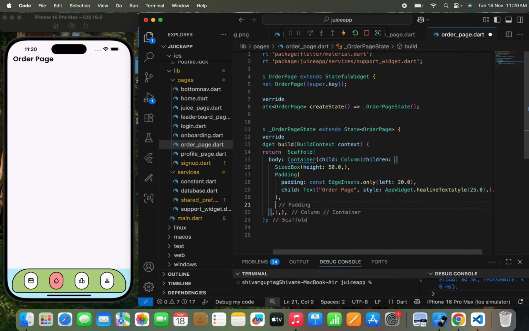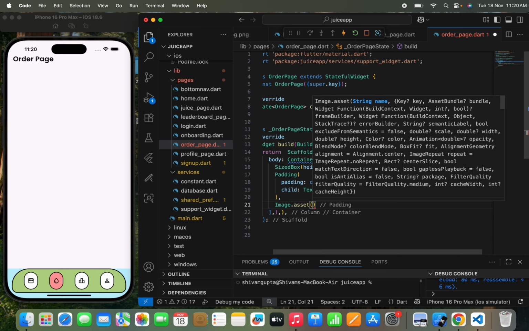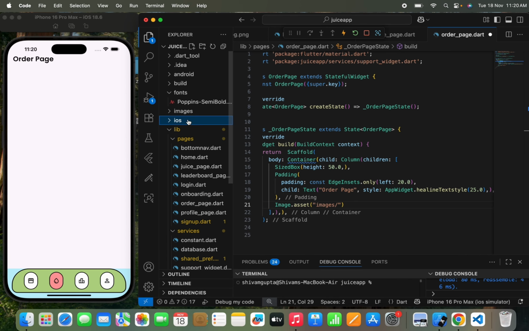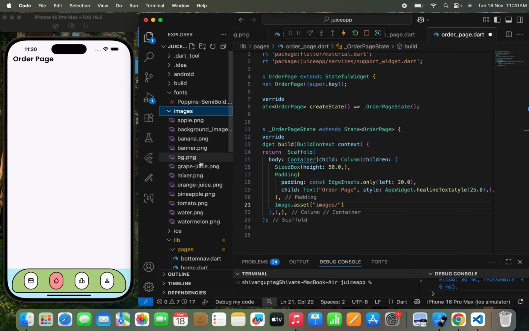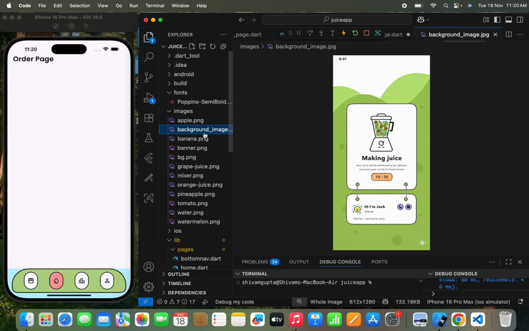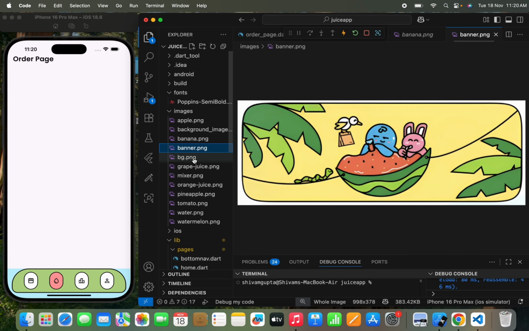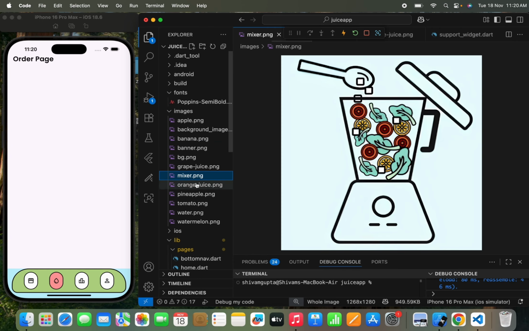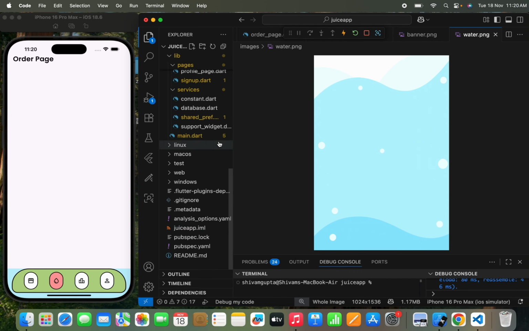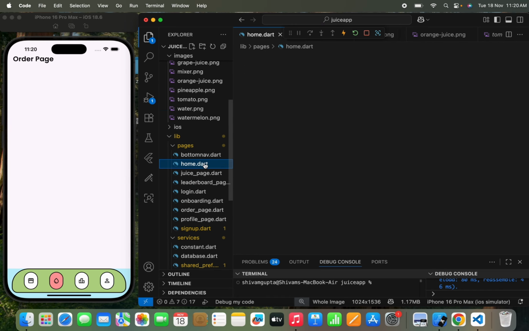Now here I just need to use the image, so I'm going to write Image.asset, the images folder name, and the image file name. The image file that I'm going to use will be which image? So let me check that. I think background.png. No, not this one. I think background image, not this one. Okay, Apple background mixer water. Okay, this is the thing that we need to use. So I need to copy this, and we need to paste it over here in the order